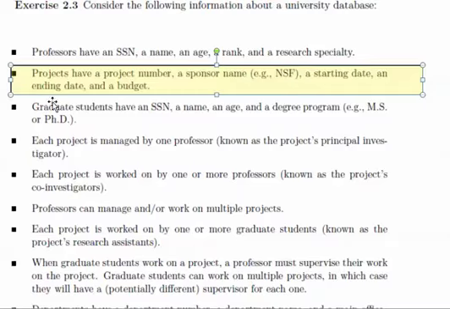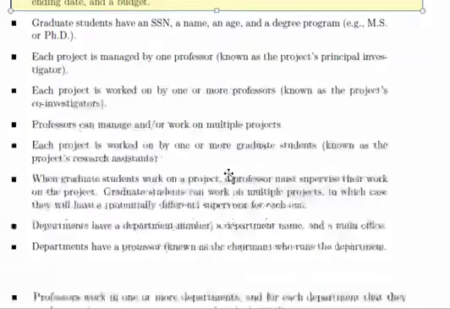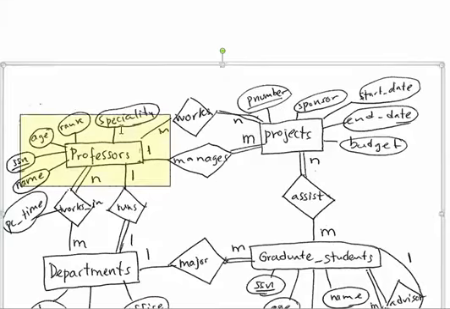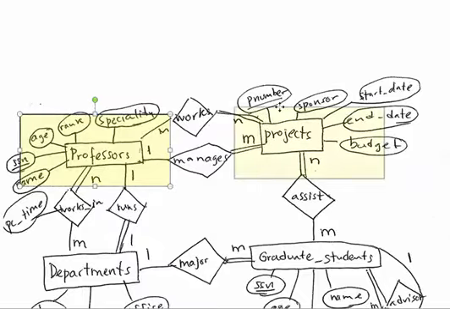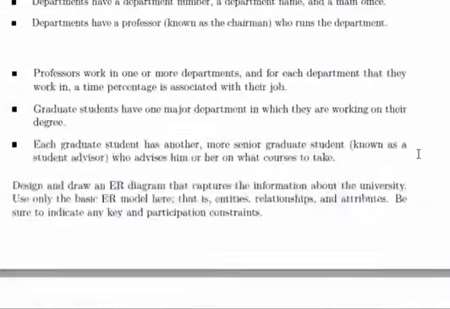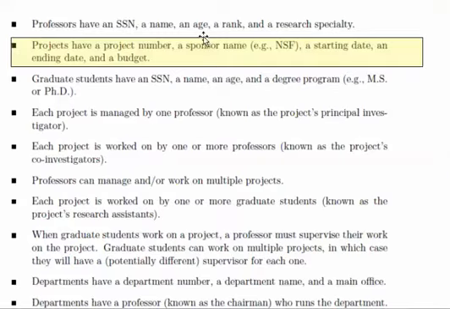So then again, we draw another rectangle with the attributes, which will be this. Oops. This will be my second step. I will draw a rectangle for projects, and then I will have all those attributes listed there. Okay. Then we continue with the next